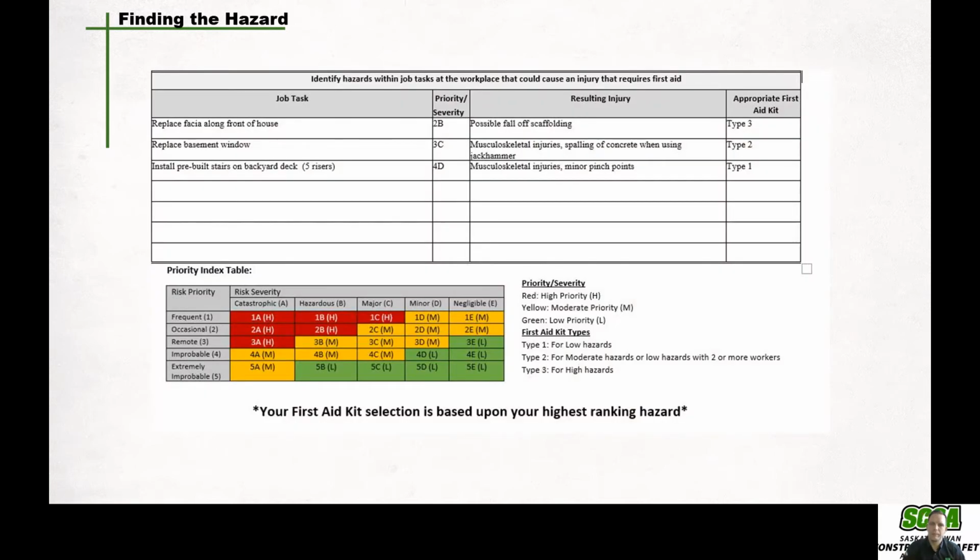So, finding the hazard. This is where you'll write in your hazardous job tasks. I've written a small example of what this may look like. Be as detailed as you'd like and use as many pages as required to fill out your job task section. Keep in mind, as the job site changes, new job tasks may be introduced that were not planned for in